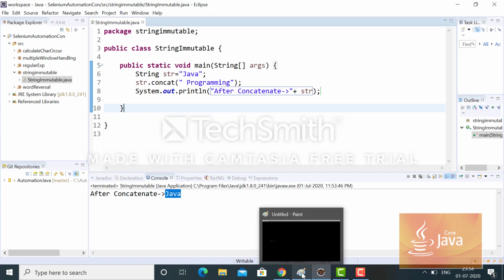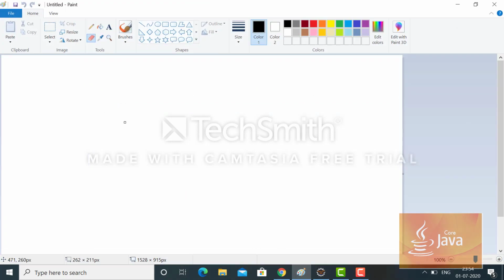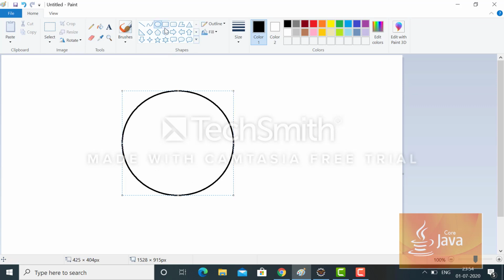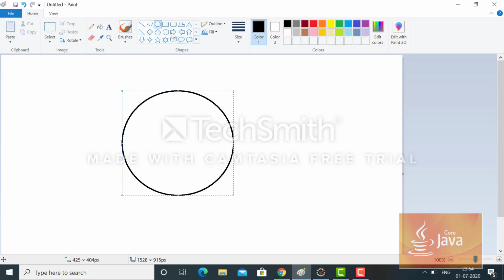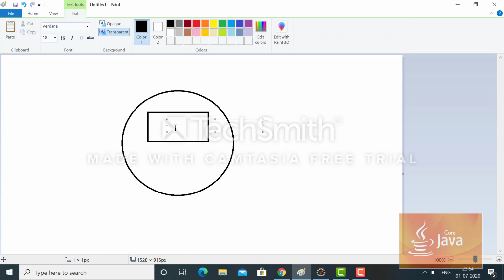Let me explain with a pictorial view, how things happen in memory. Let's say there is a memory location. Initially we created one object with the value Java, so it will occupy some space in the memory here.